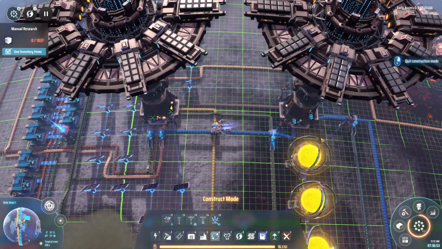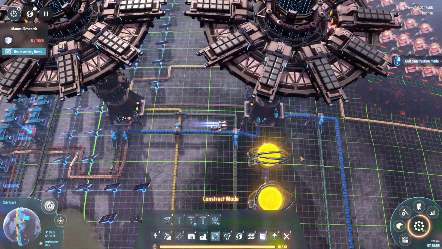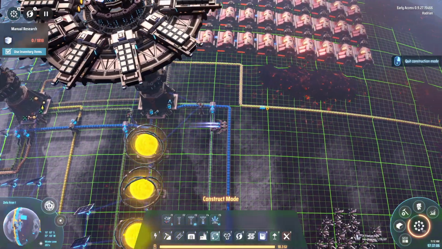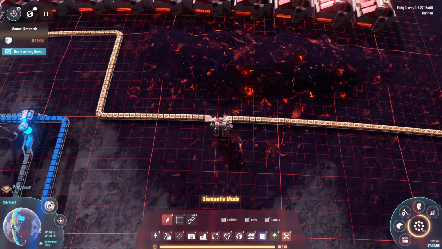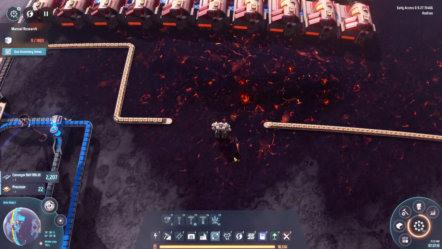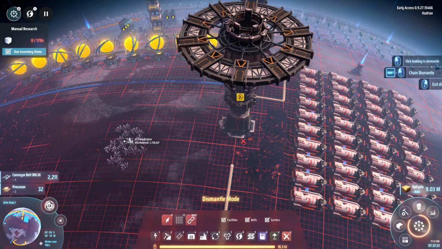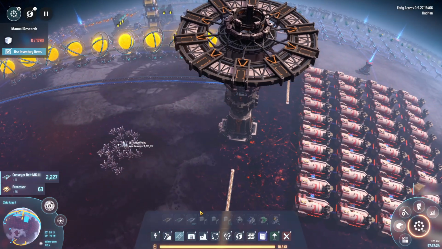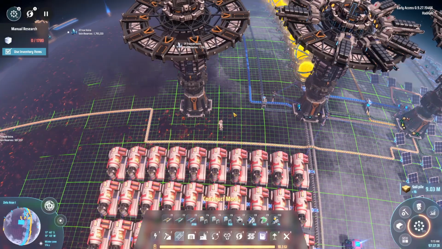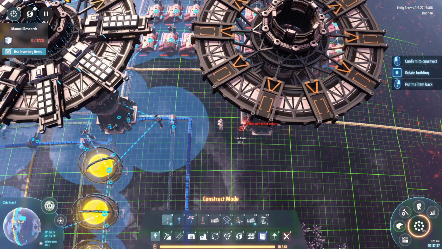So 1, 2.5. Got it. 1, 2. Wait, is that really? Yeah, it is. Interesting. One, two. Yeah, so it'll be right here. Place that down, and actually we will move this line here just to be good and thorough. All right, so if we connect you to the power grid like so,